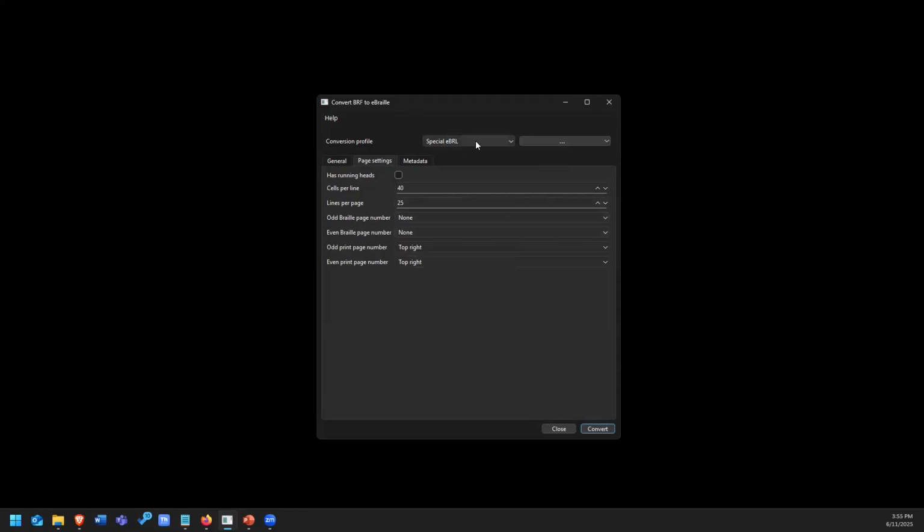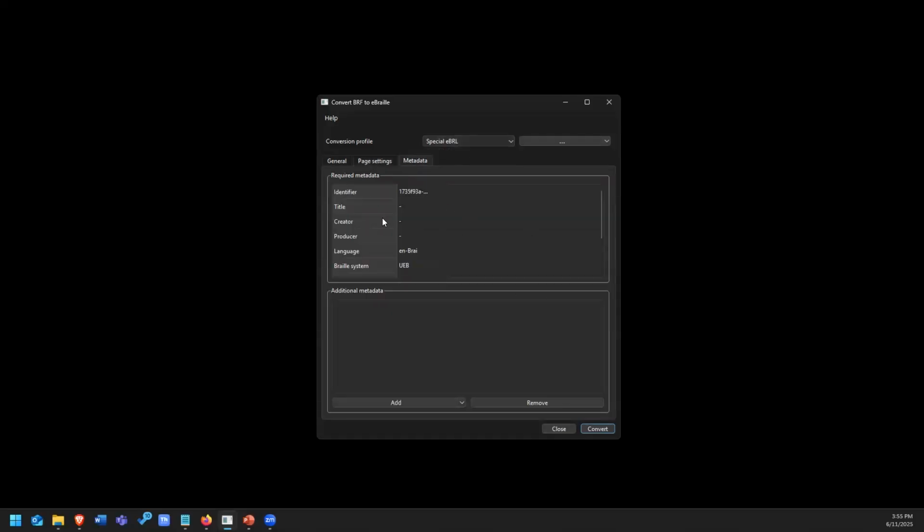And so I've saved my profile. Now in the future, instead of having to do all this again, I can just select my profile. So if your printing house or library or a school does Braille differently, you don't have to keep selecting your options every single time.